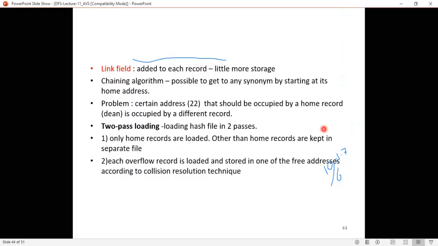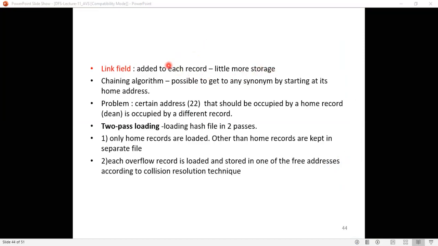Next, we'll see some terms here. What is the link field? I told you, when you have the synonyms list, along with the key, you have a pointer, right? That is the link field. That is the RRN to the next synonym. Added to each record, it will take more storage.